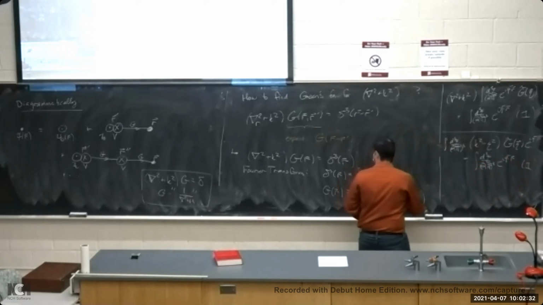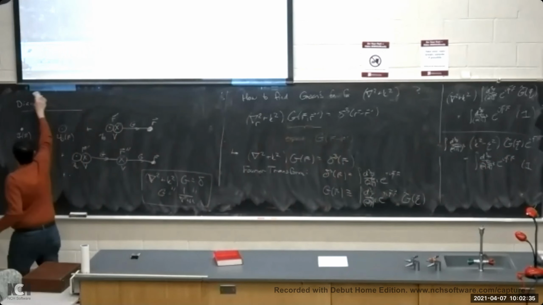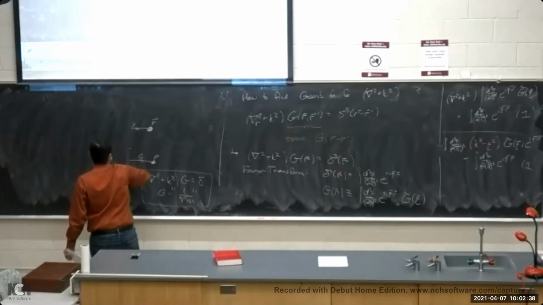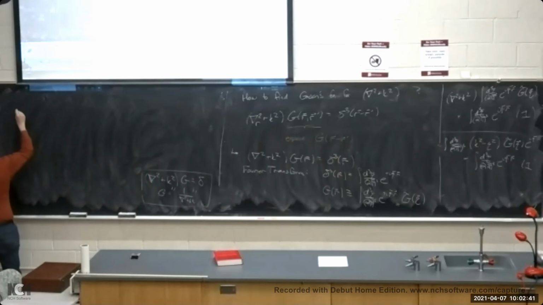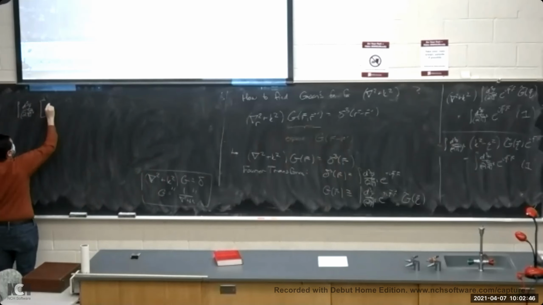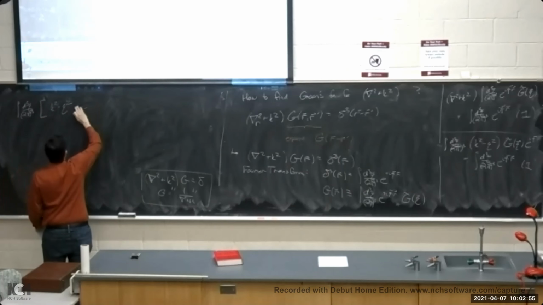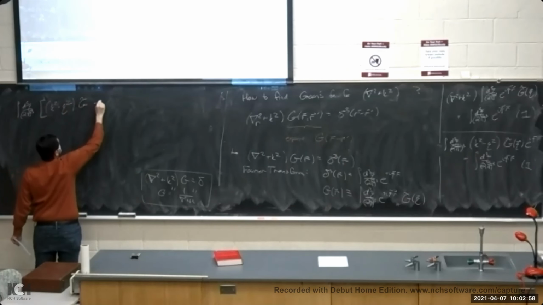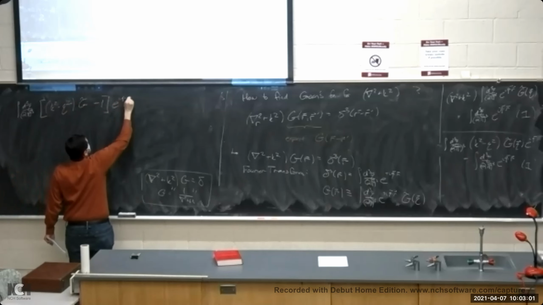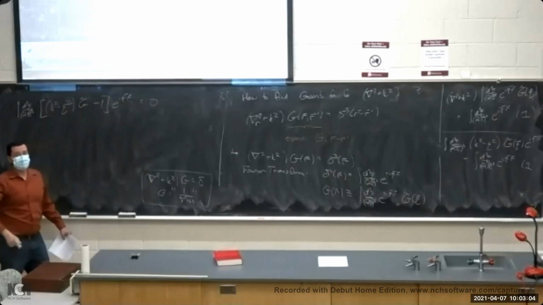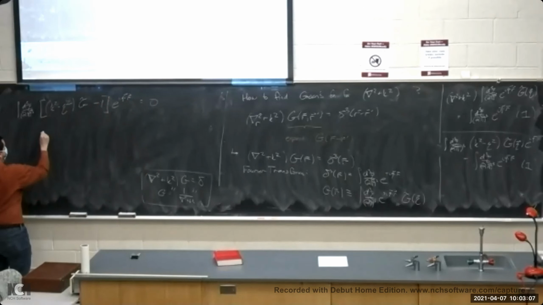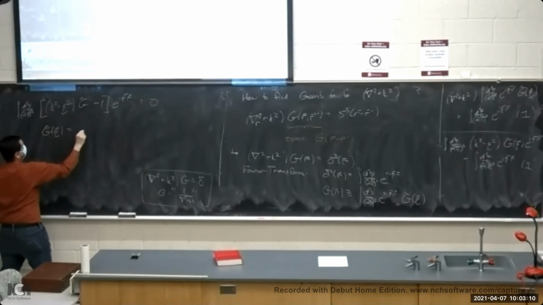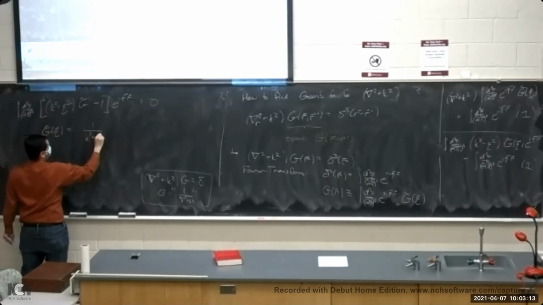Or if I subtract the right-hand side over to the left, this says the integral d3q over 2 pi cubed, k squared minus q squared g tilde minus 1, e to the I q dot r, equals 0. So now I solve this equation in momentum space and I get g tilde of q is 1 over k squared minus q squared,